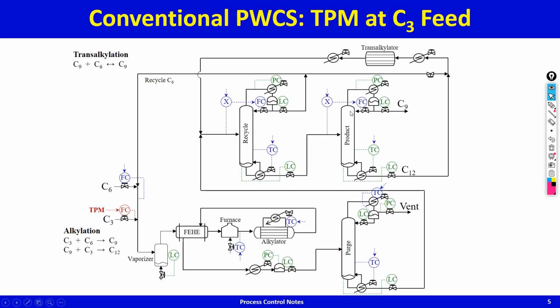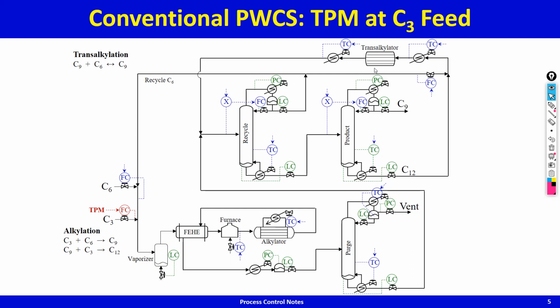Of course, you have reflux in ratio with the feed. And then we go further, we're going to set the flow of the benzene going into the transalkylation loop. Then the heater duty sets the inlet temperature into the transalkylator. The cooler duty sets the temperature of the effluent going into the recycle column. The transalkylator is adiabatic, so you don't need to do any energy balance on the transalkylator. No heat is released, or negligible heat is released.